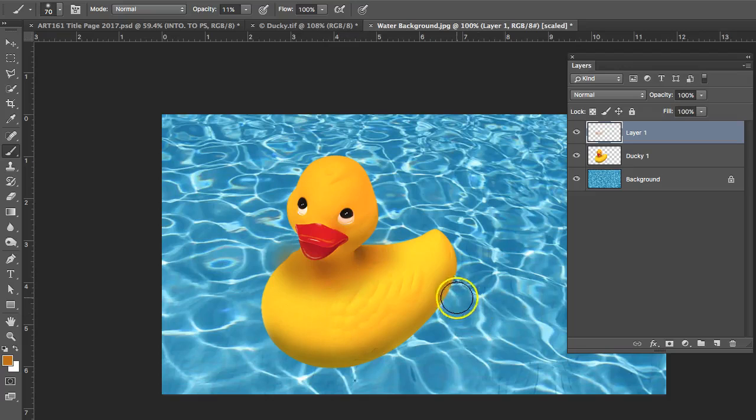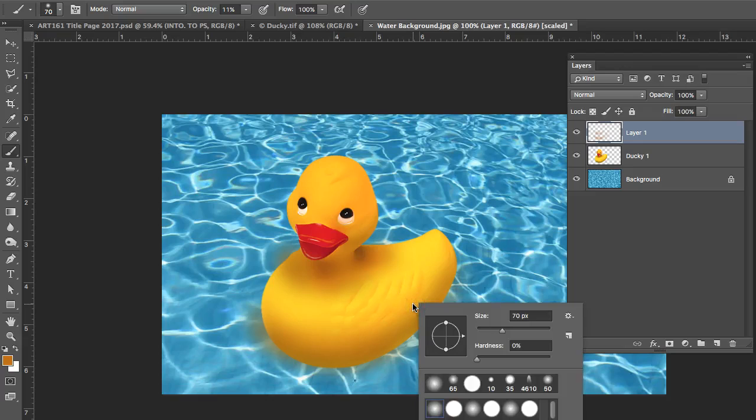And it looks a little bit more realistic. And down here, the very bottom of the ducky. Now, the other thing you can do too is change the size of your brush. Now, at first, the size of the brush is really great, but there's times when you may want to make it bigger. So you can just go ahead and right click on your canvas that you're working on,